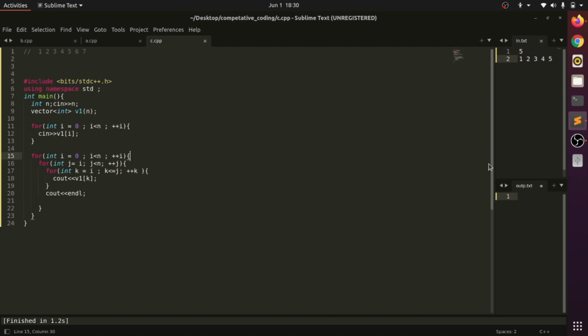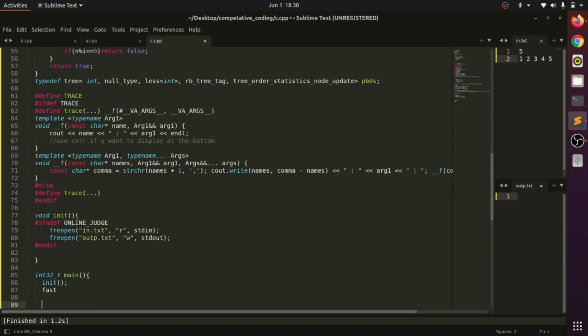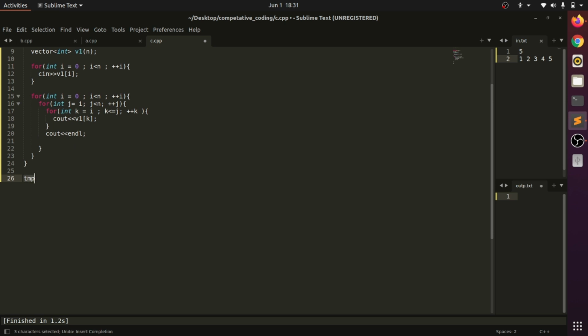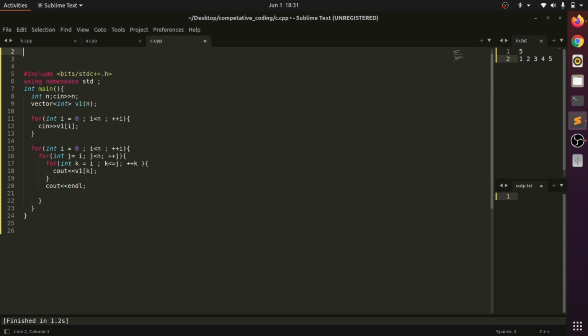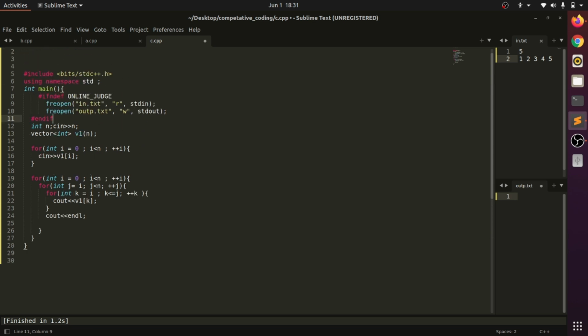For seeing the output in the output text, I have to import my template, copy just this, and put it in the main function. So let's see what the output is. We get an output.